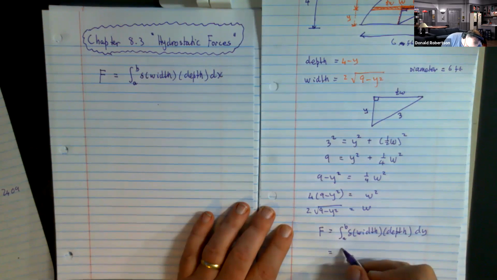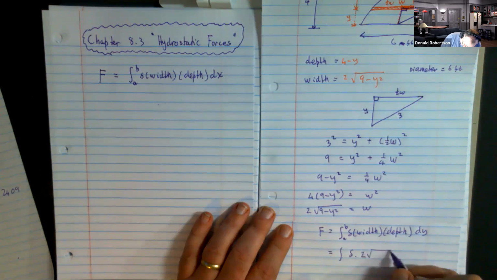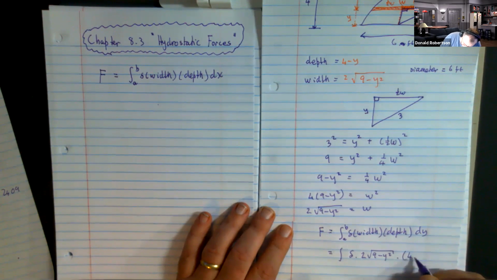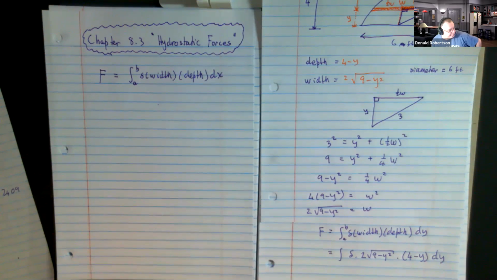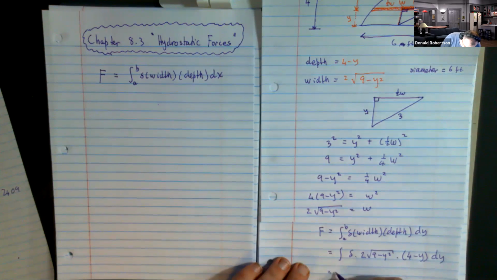So it's going to be delta times 2 lots of this fella times this fella dy. And they bring out the 2 in the delta in the question. And you're left with,